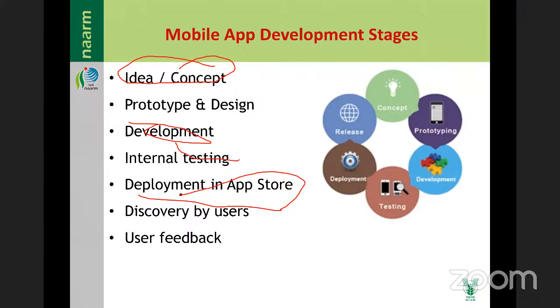So mobile apps go to the app store, such as the Play Store. Once deployed, we see how it responds, how many people are watching, and how it attracts people, because a mobile app needs some attraction. Whether it is a website or mobile app, both are the same. Then discovery by users and user feedback. Whatever they tell us, because before going final, you have to sit with some other people and discuss how it is going to be used for this purpose.